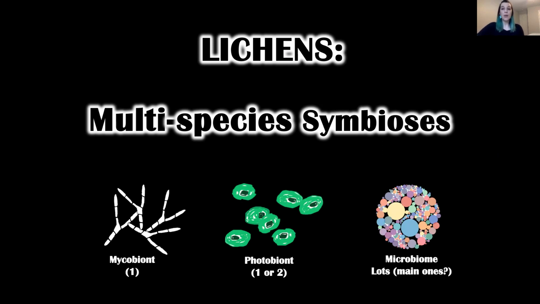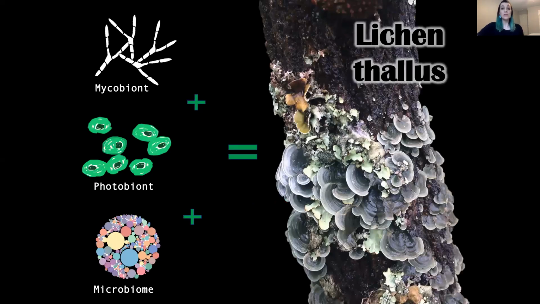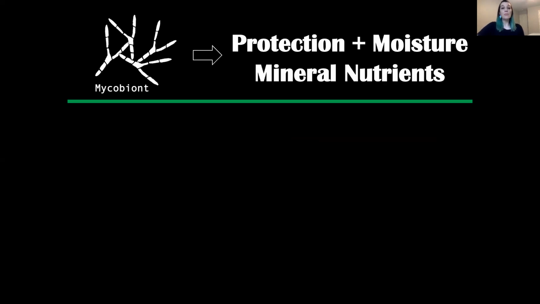And you probably heard about yeasts being present and impacting lichen phenotypes, for example, but not all lichens have them. But as in other organisms, bacteria have been shown to be commonplace in lichens as well, which along with possibly other fungi, compose the lichen microbiome. And only when all of these components come together do we see in nature this structure that is the result of the symbiosis, the lichen thallus.